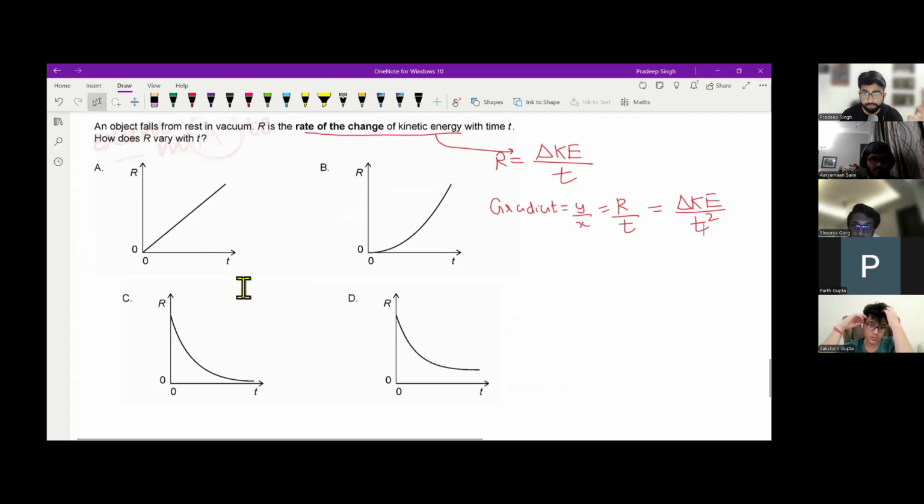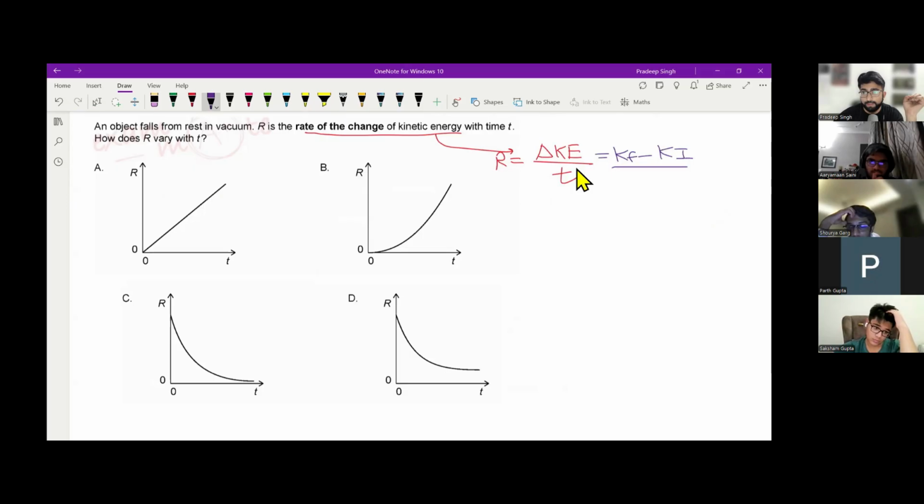Now, Shaurya, tell me your approach and doubt. I thought it should be B only, because in a vacuum the velocity is increasing, and then the square of velocity will also increase exponentially. Let's see. But Shaurya, rate of change, let's use another approach altogether. Rate is change in kinetic energy upon time. Change is final kinetic energy minus initial, divided by time. What is the initial kinetic energy, Shaurya? Half mu squared, so zero, right? It is zero. It's falling from rest. Yes, good. So R will be written as final